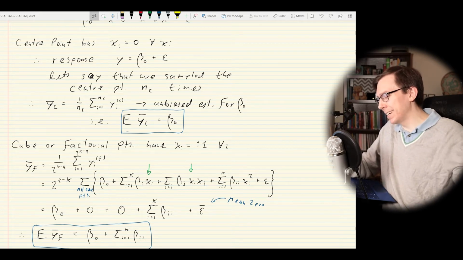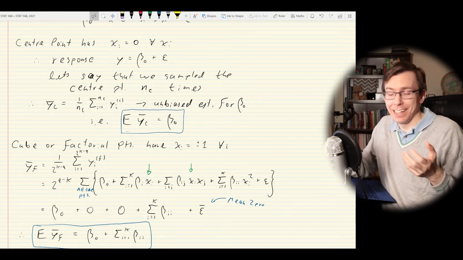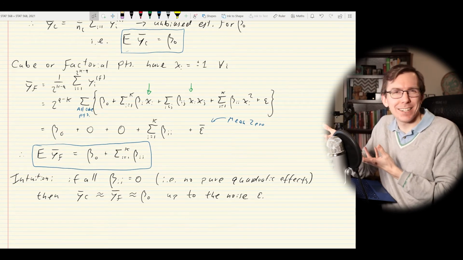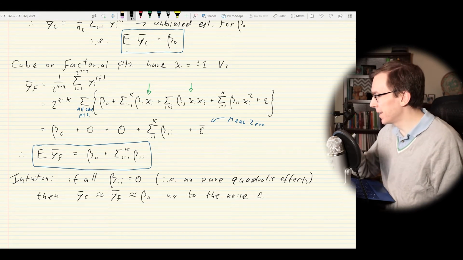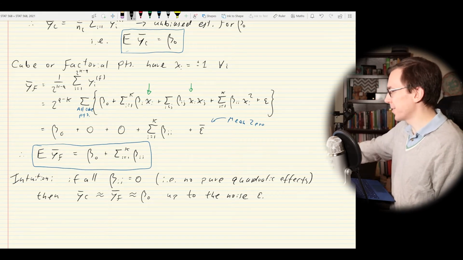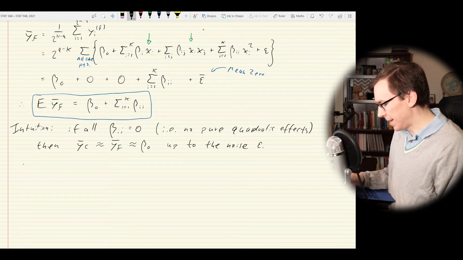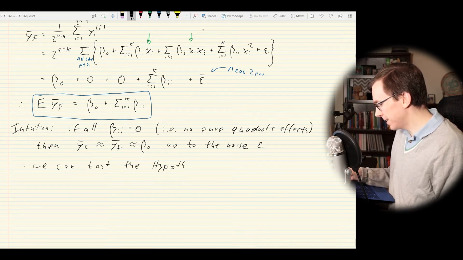I went out, I collected the cube or the factorial points, but I never collected the axial points. And what we can do is run a statistical test to say, should I collect those axial points or should I just forget about them and move on to a new place to search? So the idea here is that, therefore, we can test the hypotheses,